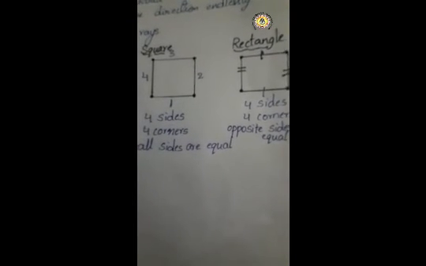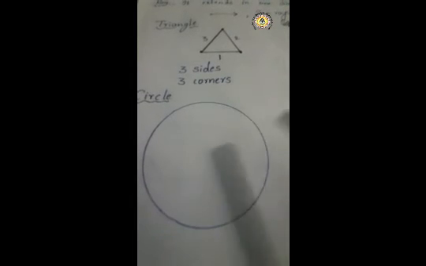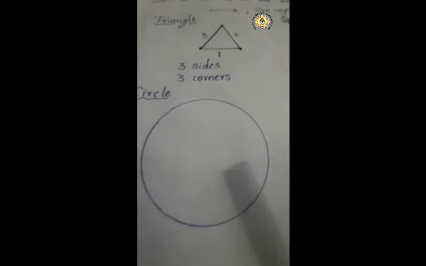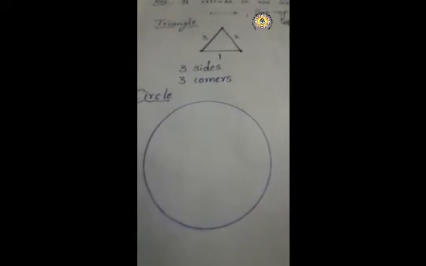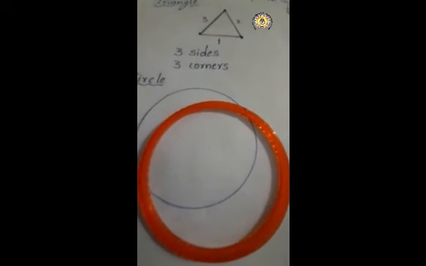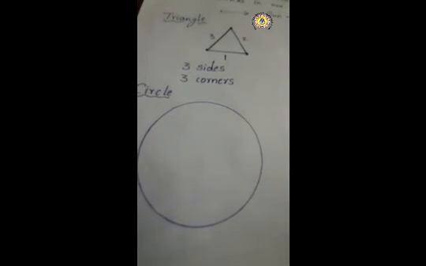Okay, now the next one is the circle. Children, what is this? This is a circle. Did you use any line segments here? No, this is a curved line. So only a curved line. No line segments means no sides. Are there any corners for this one? No. So 0 sides and 0 corners. An example for a circle is a bangle. A bangle is in circle shape, and like a Marigold biscuit, you can find so many. Cake. Yes.